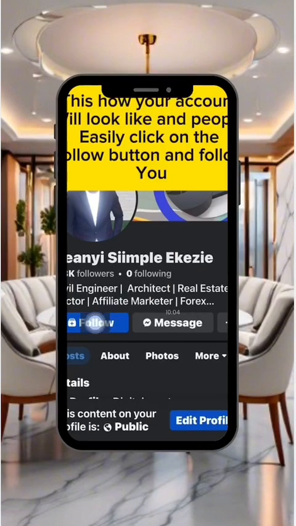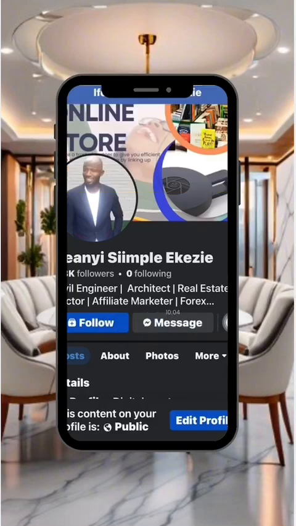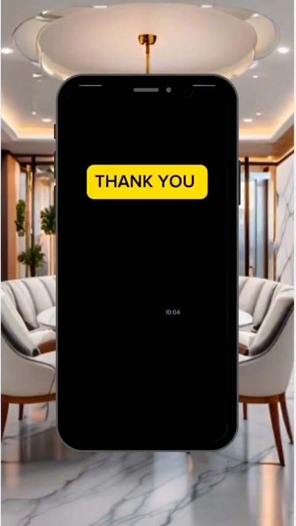So your page should be like this. So when somebody opens your page, you will see follow, so that instead of seeing add as friend here, you will just see follow. I can click on